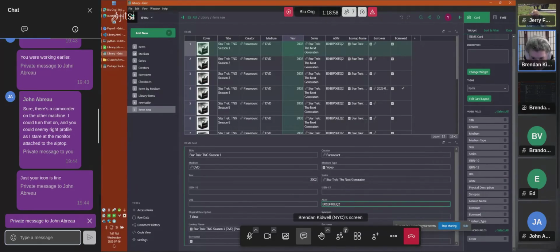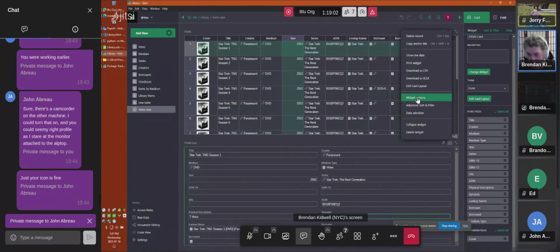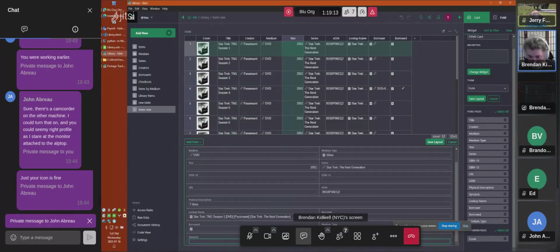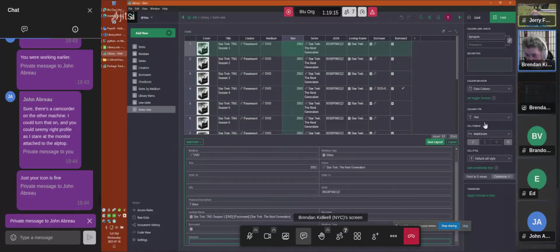And I noticed that synopsis is down here with our synopsis. It could be a really long piece of text. So I want to edit the card layout, and then I'm going to drag synopsis down to the bottom, and I'm going to edit the field and say, make this